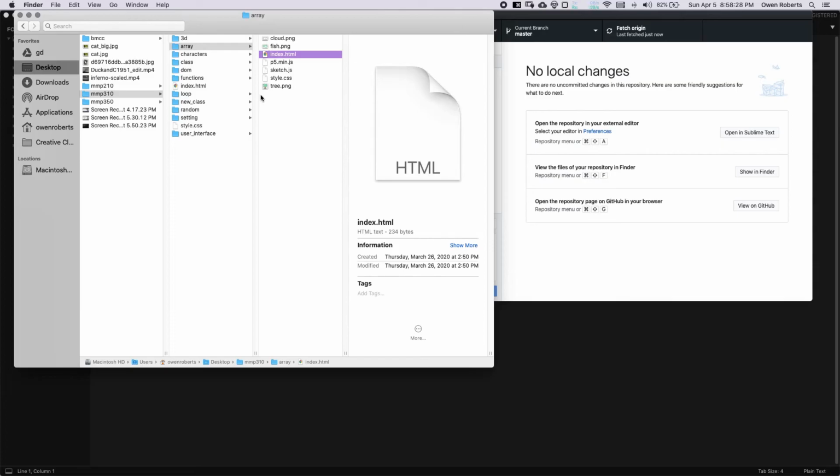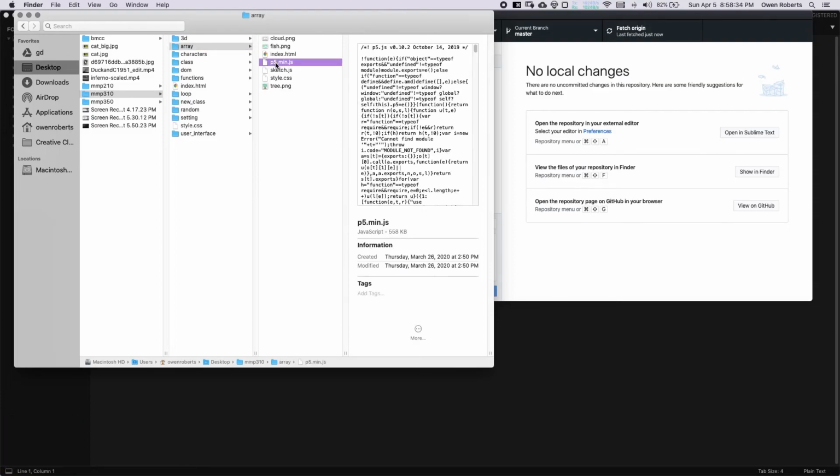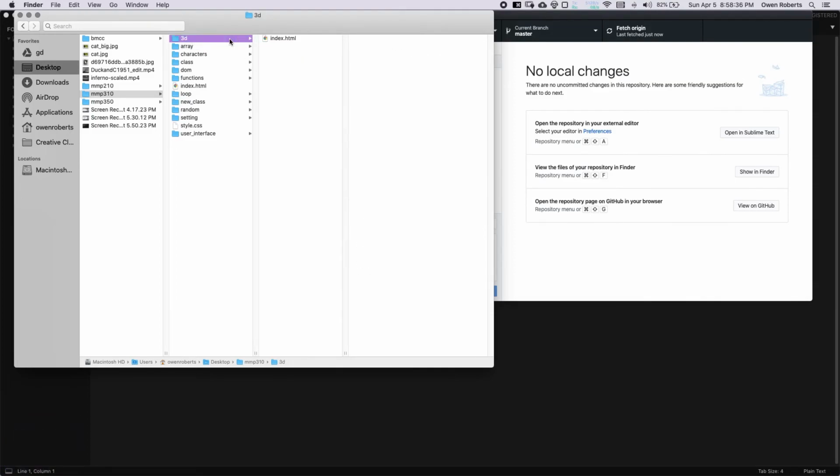So I'm just going to get the index.html. I'm going to copy that and paste it in, and then get p5.min.js, just make a copy of that, throw it in there, and then the style.css. So just our kind of basic setup. So we can start with a website,